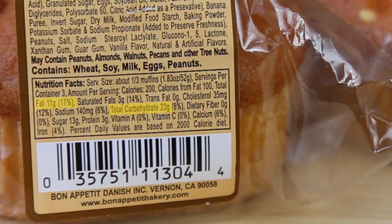23 grams of carbs, 13 of which are sugar. I actually thought it would have been more sugar than that. So that's over 66 grams of carbs in this muffin. Anyways, the point is, a prepackaged muffin like this is generally a pretty bad choice. You can find muffins that aren't terrible for you, or you can make your own, right? But when you're doing a prepackaged version, you always want to check, and especially don't get tricked by the serving